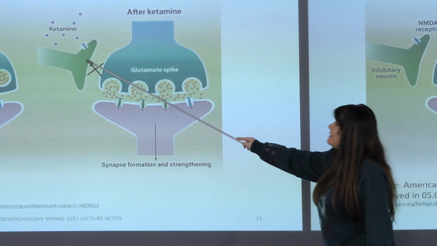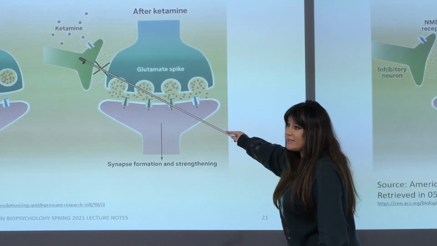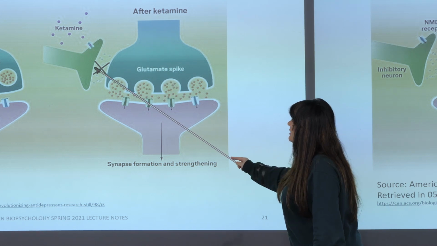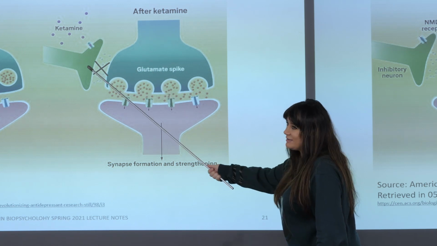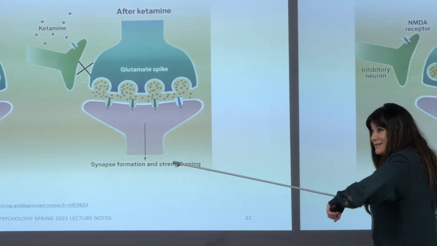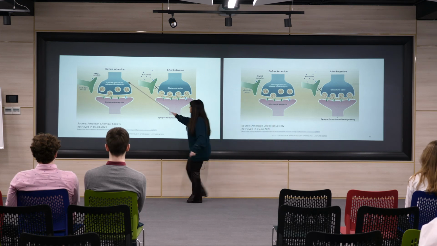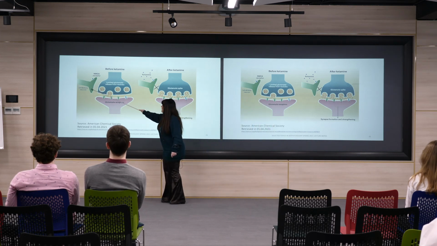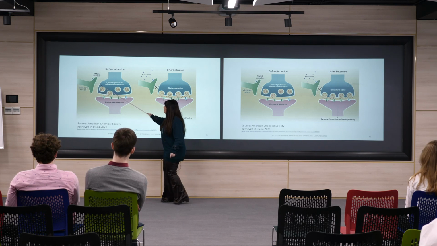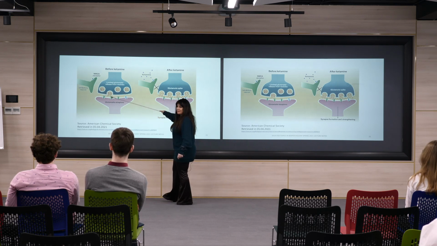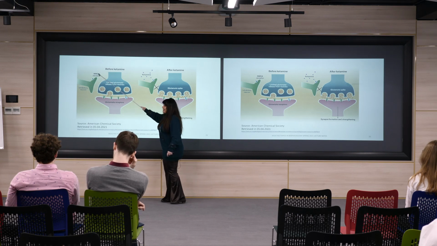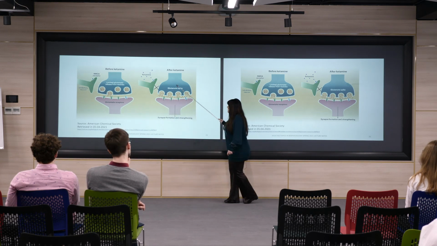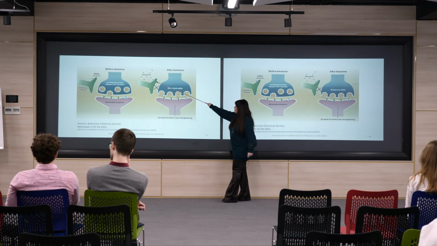What does it mean? This is an inhibitory neuron. If this inhibitory neuron is active, it will inhibit this neuron, and this neuron is not going to release its glutamate. So basically, this is a neuron that is pushing this neuron to stop glutamate release. But if you stop this neuron from doing that, which is done by ketamine,